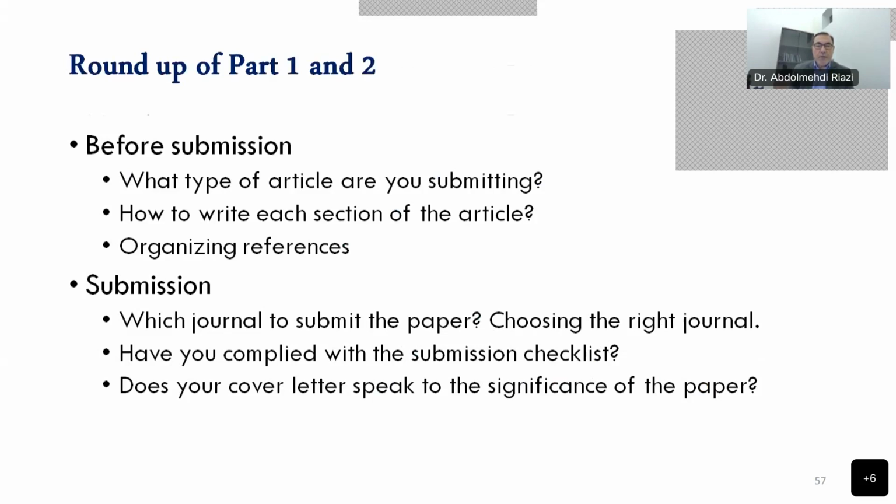As you remember, we had a variety of articles that you can submit to journals. My recommendation was that immediately after this workshop, start to plan for and think about reviewing a book and publishing your book review in one of the journals if you have not already done that. That's a very